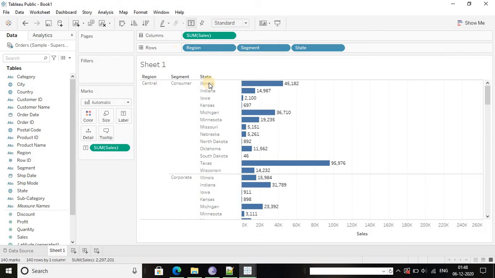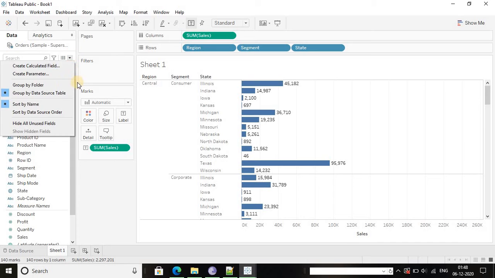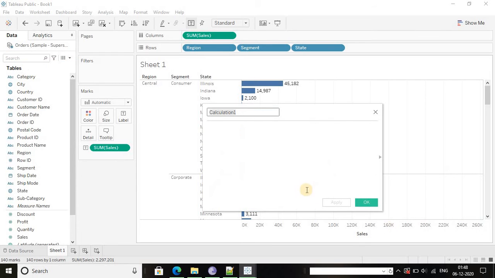So how are we going to do this with fixed? To do this, we are going to create one calculated field. We are going to put region, state, sales. This shows only the sales based on region and state wise.